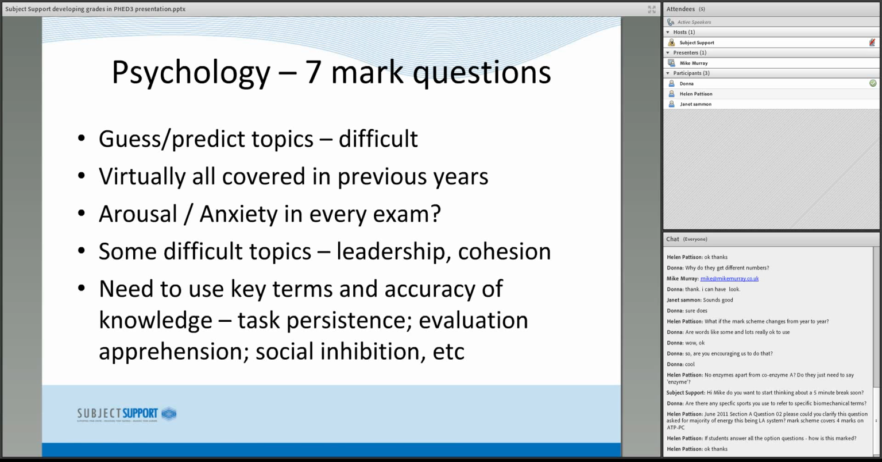And there's a movement in the exam team to insist upon accurate phrasing of certain key terms like task persistence, and